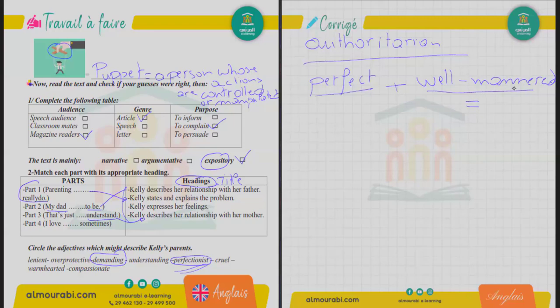If you are a well-mannered person, it means simply she wants her to be a polite girl, well-educated, bien éduquée. Well-educated girl, having good manners. Educated, not education here. A well-educated person or child. She wants her to be well-educated, polite. She wants her to be a courteous girl. Avoir la courtoisie avec les gens.